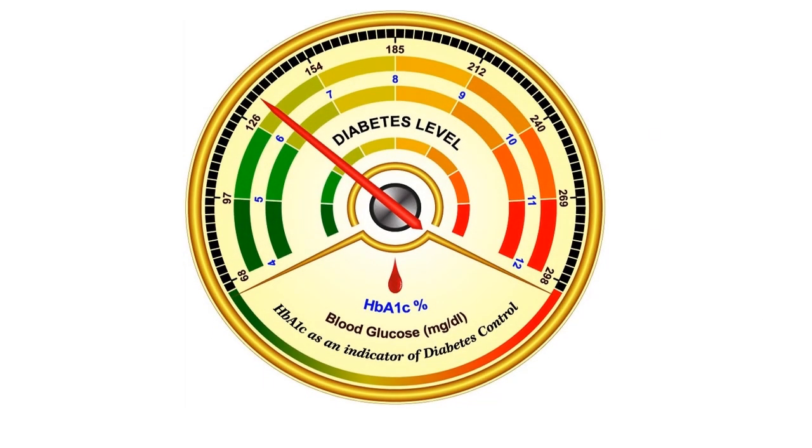This is the picture showing the value of HbA1c in percentage as well as in the estimated average glucose. So if the value of HbA1c is 6%, then it is considered as a good control and the estimated average glucose value is 126 milligram per deciliter. If the HbA1c value is 7%, then it is considered as adequate control and the estimated average glucose value is 154 milligram per deciliter.